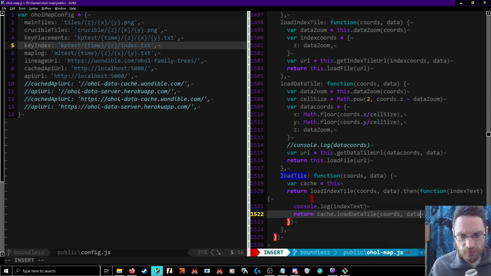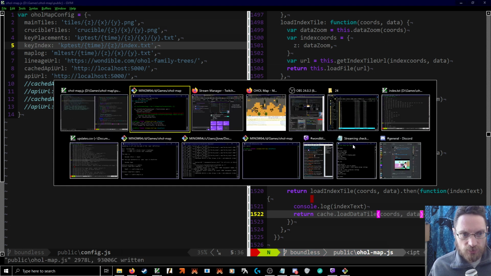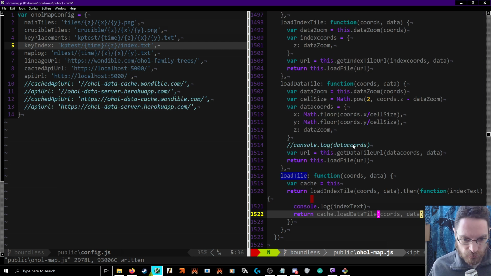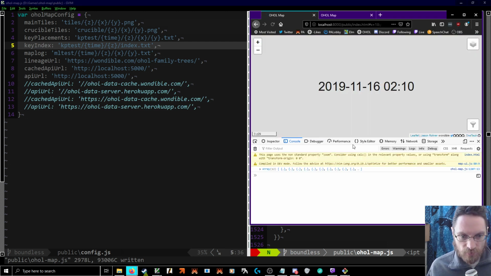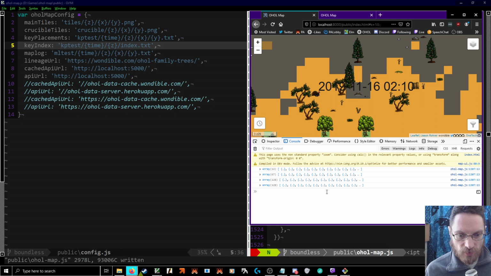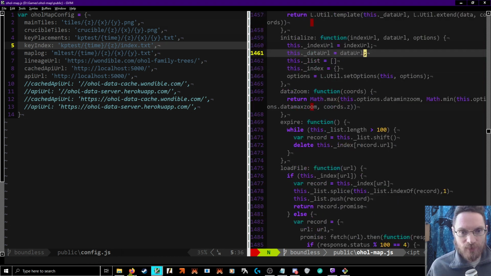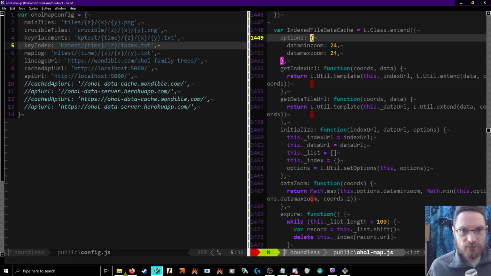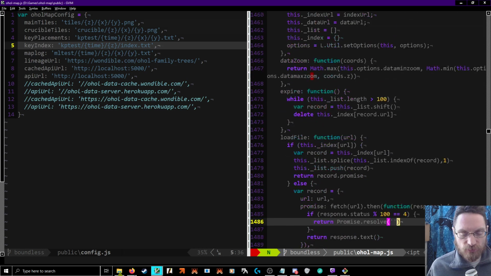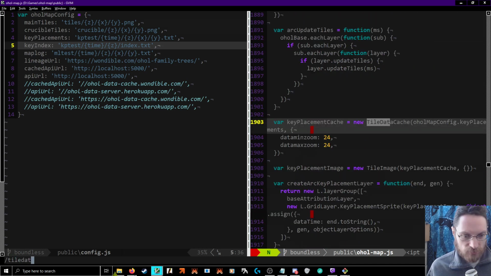We can just go back to the same thing we got, and that should allow things to function while letting us see if we actually got something. And we haven't used this yet. So this is a replacement for you. In the case where it's the key placement,